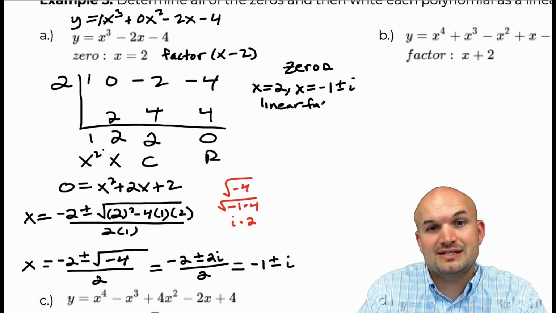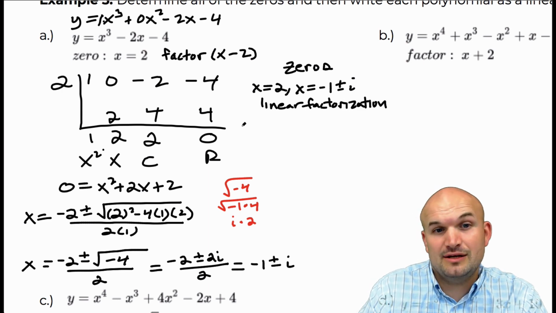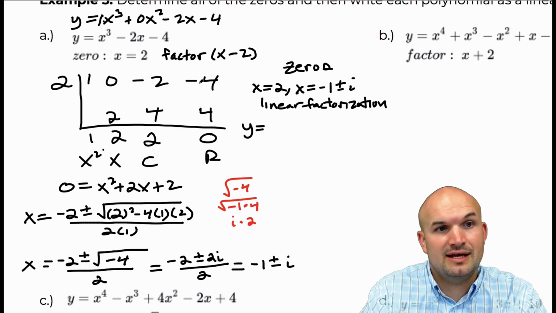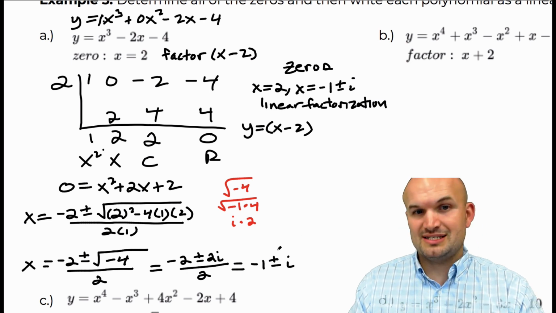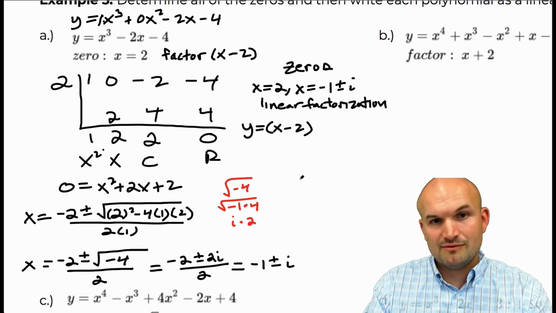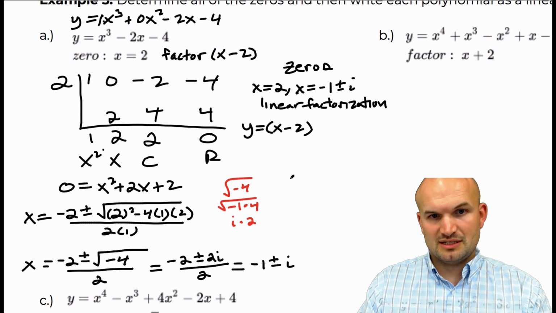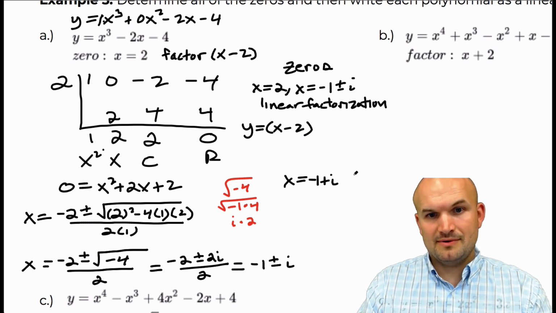then what I need to do is write all my zeros as factors. Okay, and I'm going to set it equal to y, so it'll be y equals, again, my zero x equals 2 as a factor is going to be x minus 2. Now this gets a little bit interesting as far as how I can write these as factors. So again, remember, these are x equals -1 plus i, and x equals -1